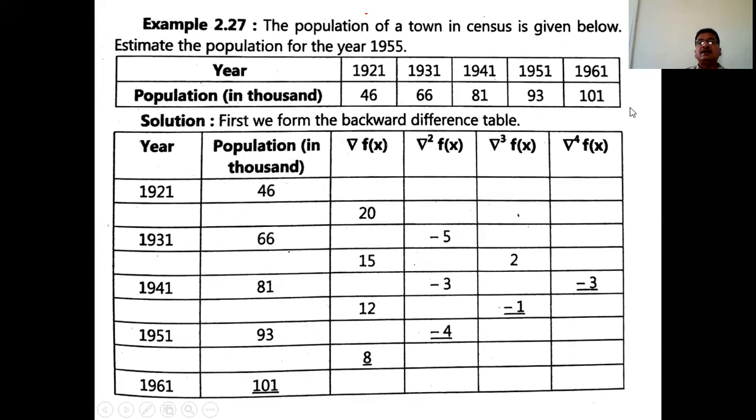So this is the second column of the table, that is the values of y or fx. And then write the next column as del fx, next is del square, del cube, del raised to 4. So here the values of x or y are 5 in number, and that's why the last column of the table is del raised to 4. So further higher order differences are 0, that is del raised to 5, del raised to 6, all are 0, because the values of x or y are 5 in number.